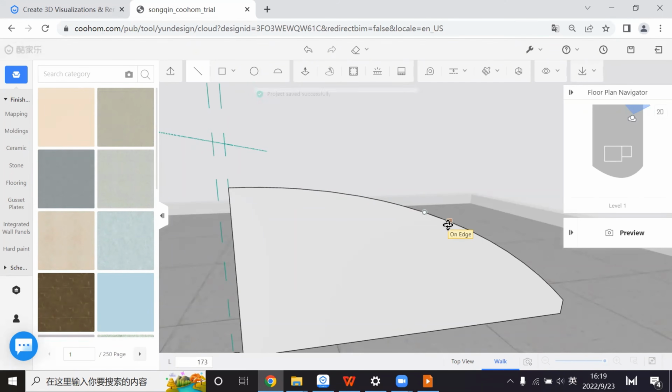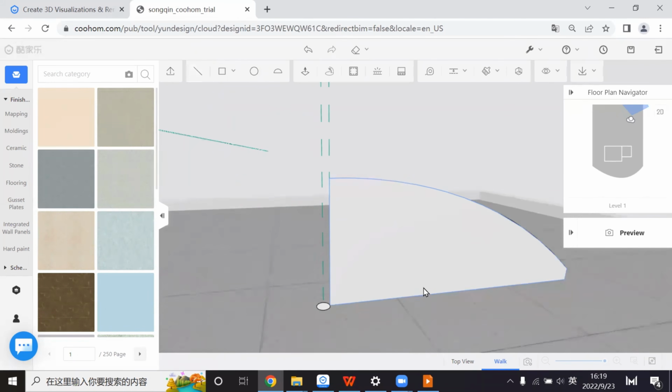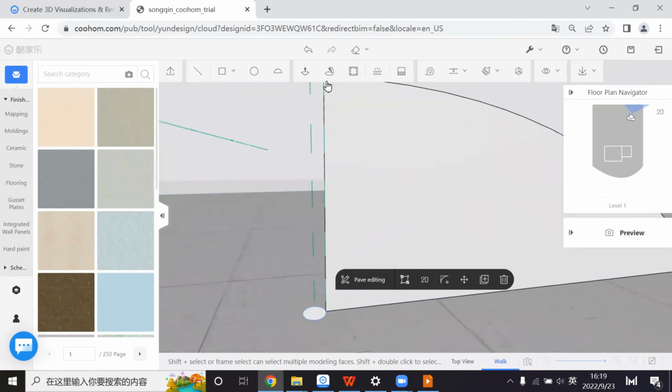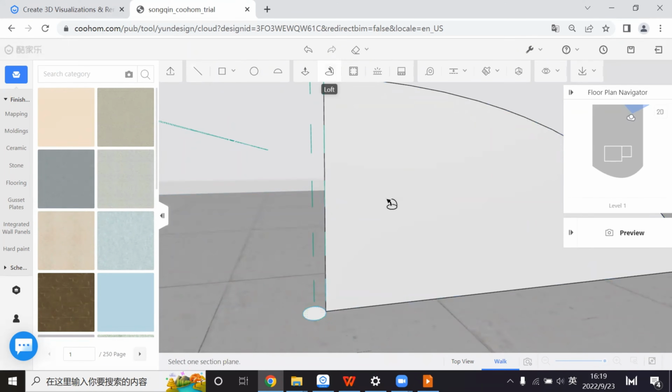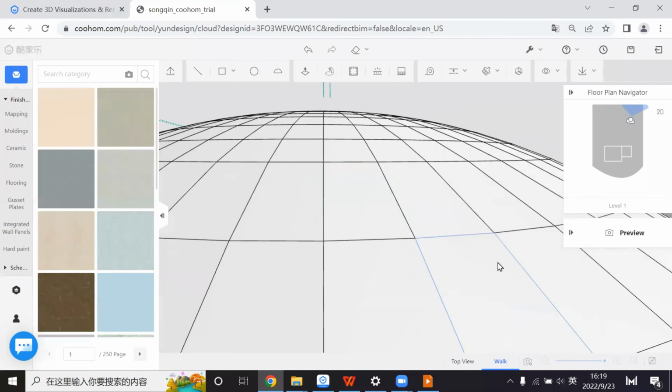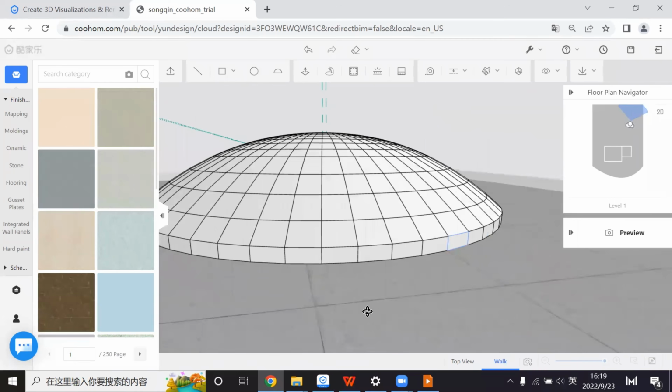Of course, you don't need to draw too small because this exactly contains the edges. So after finishing that, let's try. If I click these and let this surface go round, if correct, I can have now something similar